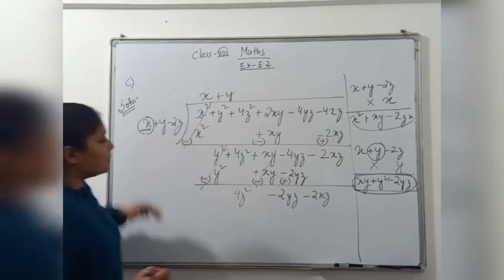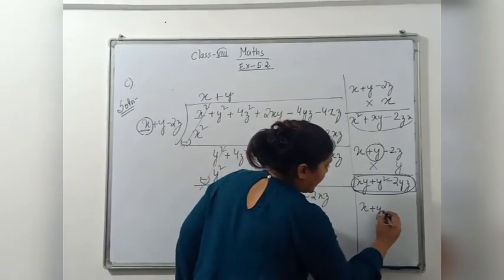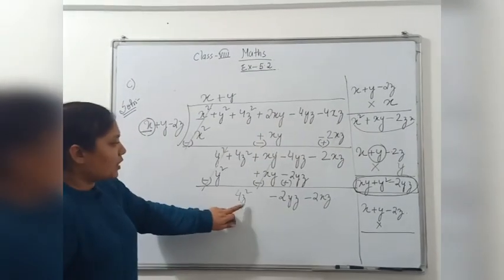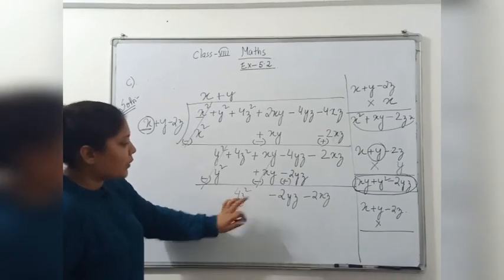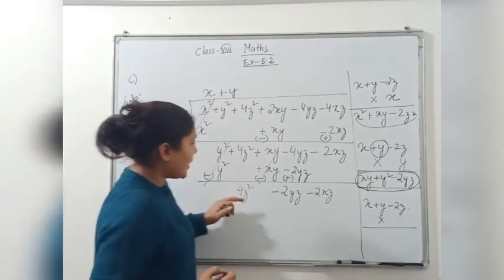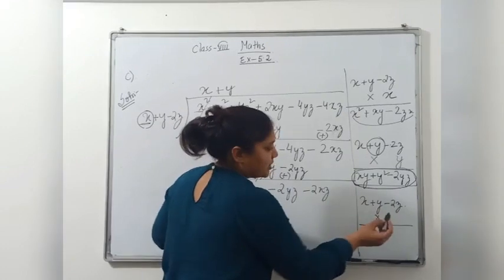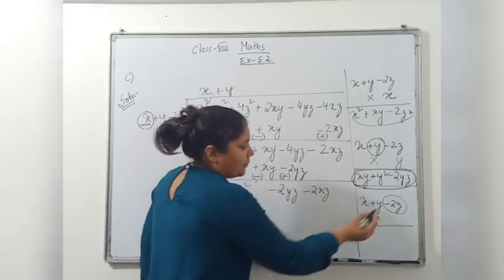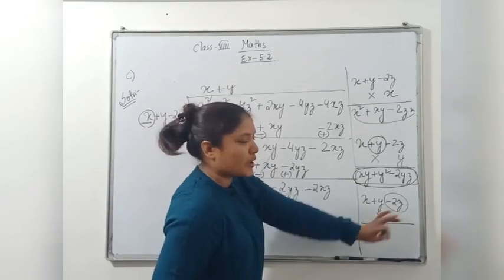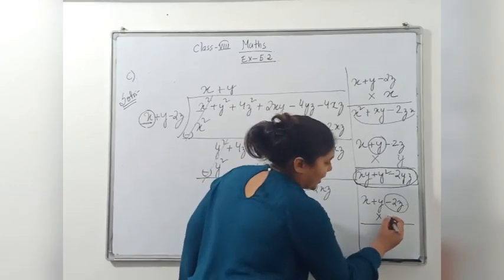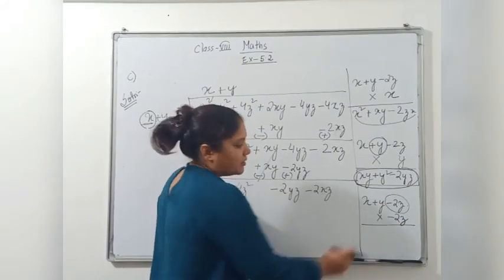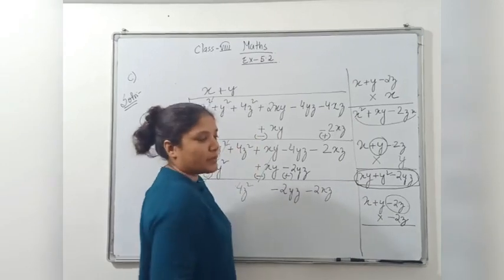Now we came to our third step. So let us write this divisor again. X plus y minus 2z. So what is our motto? 4z square, right? Now 4z square we are to bring. Now by seeing this variable, with which number we can bring 4z square? Just see, with which number we can bring z square? Z square is where? In this variable. So we will make same with this. Already what we have here? We have minus 2z. So by what we will multiply? If I multiply again with minus 2, minus plus, 2 2s are 4. Z into z, z square. I can easily get.